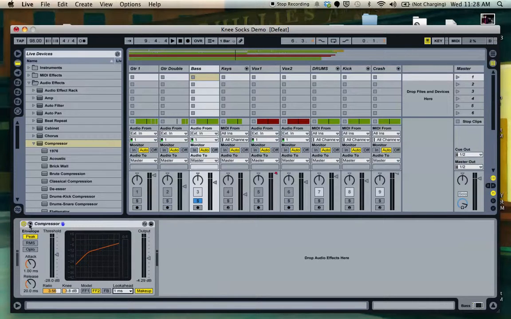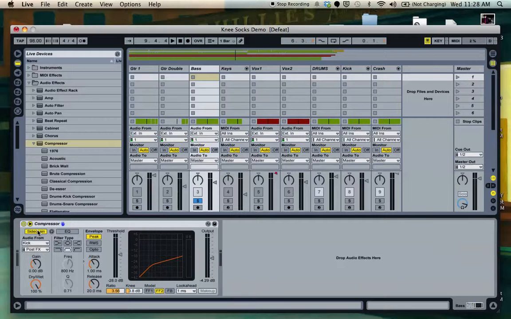The last thing I'm going to do is show you sidechaining. So imagine if you are listening to the drums and the bass. What happens when you have a mix like this is the bass drum and bass guitar occupy the same lower frequencies, so they'll end up stepping on each other's toes. So what you want to do is sidechain,